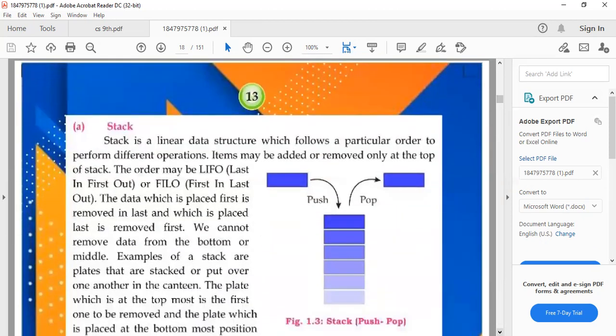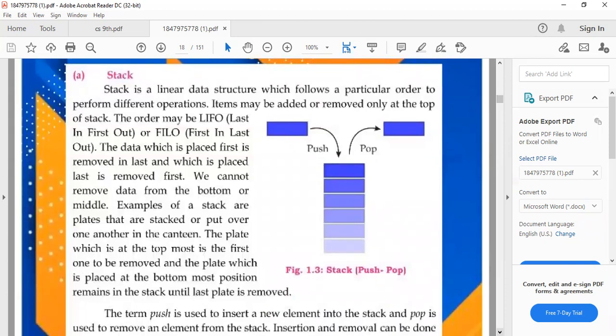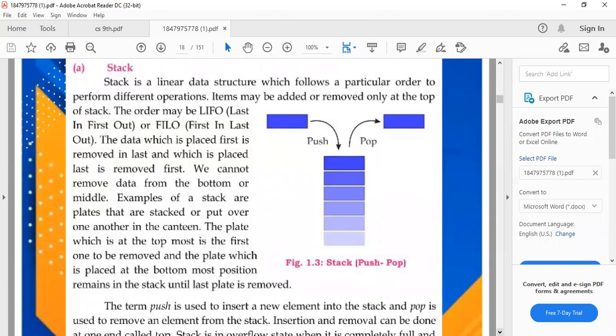So we are talking about the stack here. There are push and pop operations. Stack is a linear data structure. It is a part of the linear data structure which follows a particular order to perform your different operations. Items must be added or removed from the top of the stack. This is the top of the stack. You can add or remove items only from there. The order may be